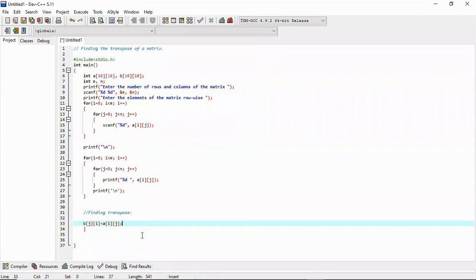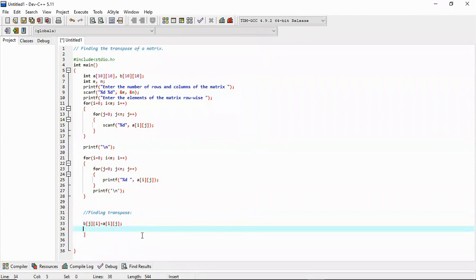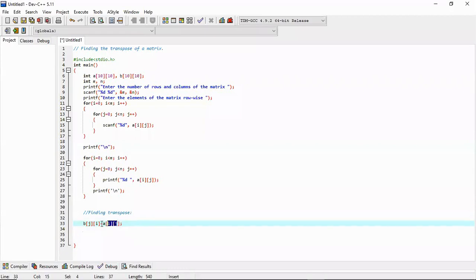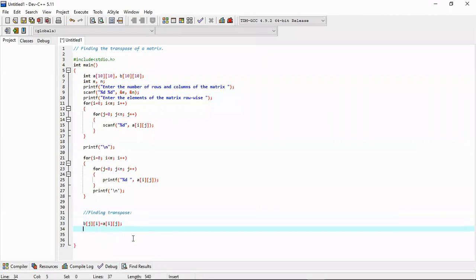The simple logic will be this thing. How did we reach this logic? Because we know what a transpose is. Transpose means that the row thing goes to the column thing. So 0 1, meaning the element in the 0th row and first column, will go to 1 0 here. That means row 1 and column 0. So this is what we call transpose. But we have to do this for all the elements.